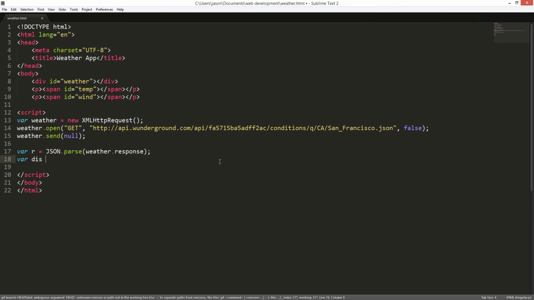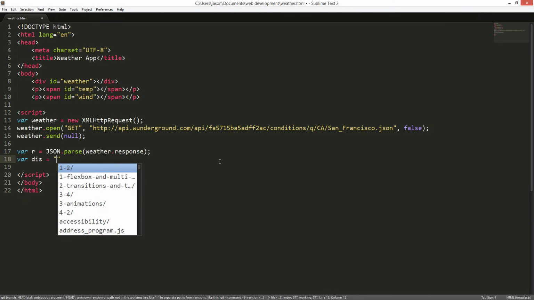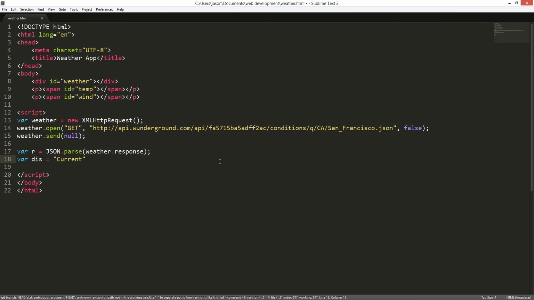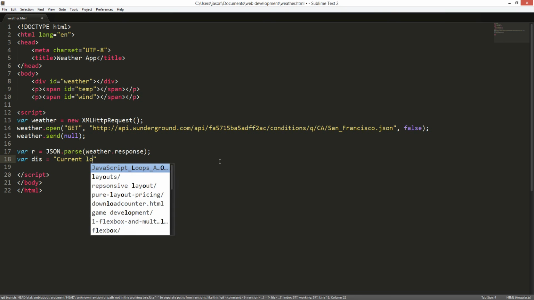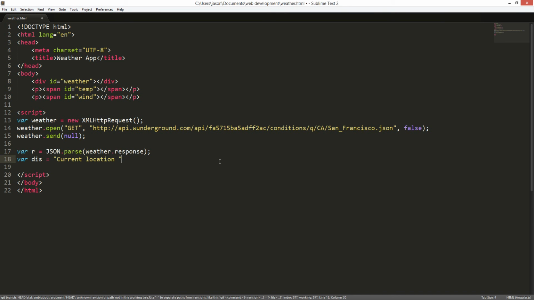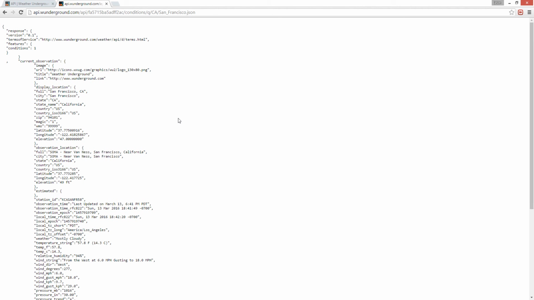So we're going to create a variable called display location to store location, or concat r.current observation right here. Current observation, copy